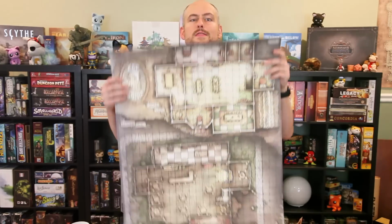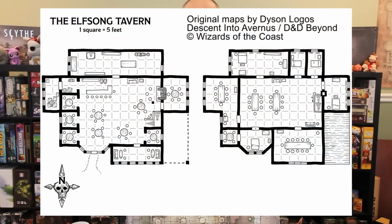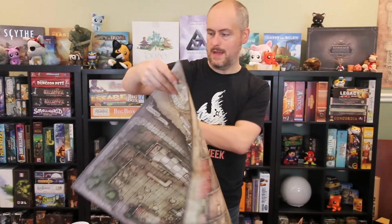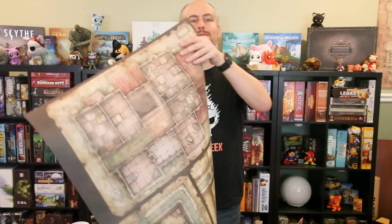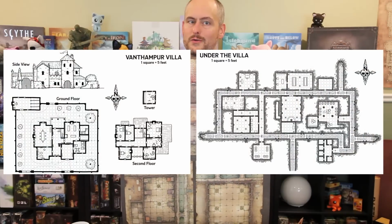Next, we have our gridded battle maps. These maps are all 30 by 24 inches and printed on nice quality paper. This is Elf Song Tavern, an encounter in Chapter 1. Most of these battle maps are illustrated versions of the more utilitarian and monochrome Dyson Logos maps included in the adventure book. On the back of this map, we have sections of Van Thimpor Villa and Under the Villa,